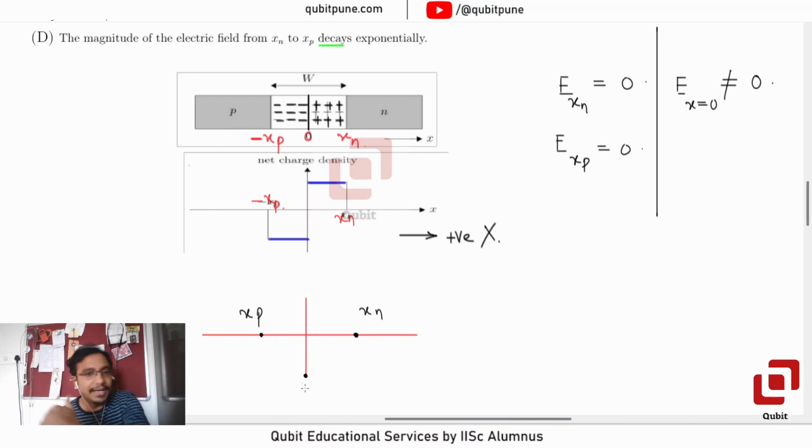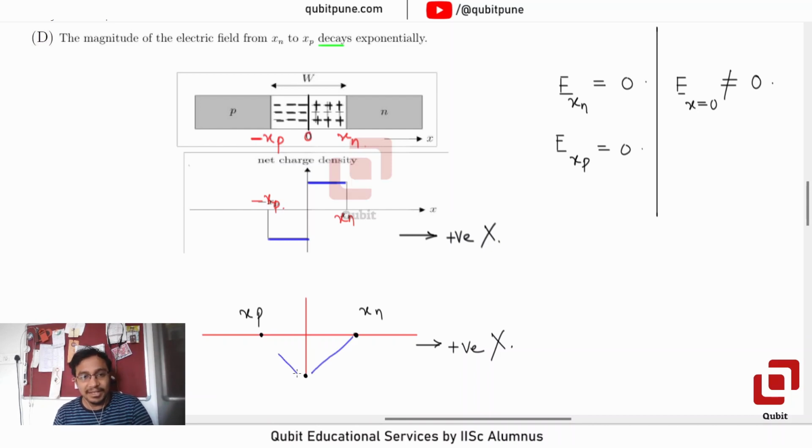I'm considering it negative because of the sense of the positive x. So let's take it negative here, which means no matter in which way, whether linearly, exponentially, it decreases here,